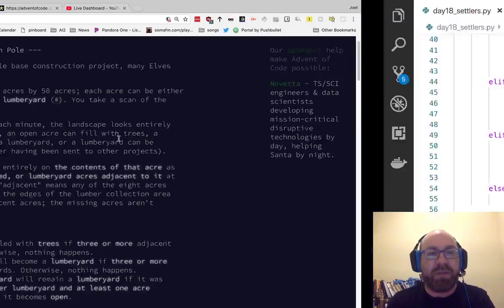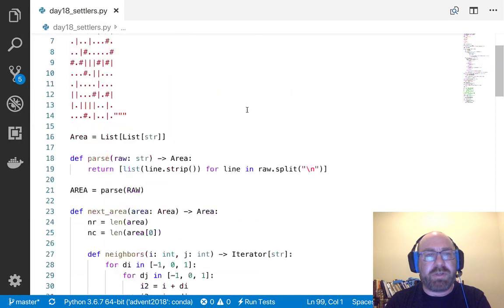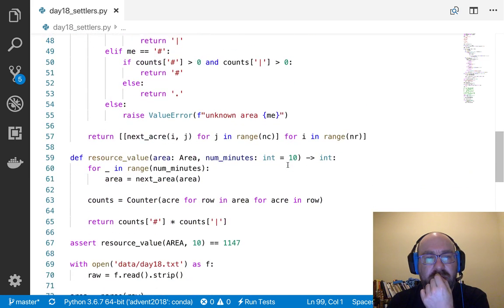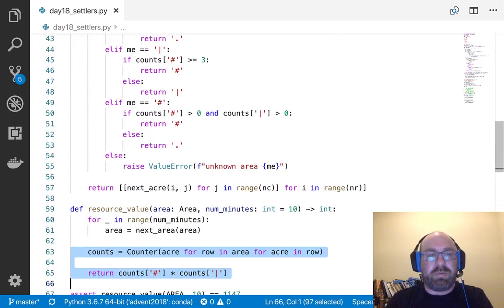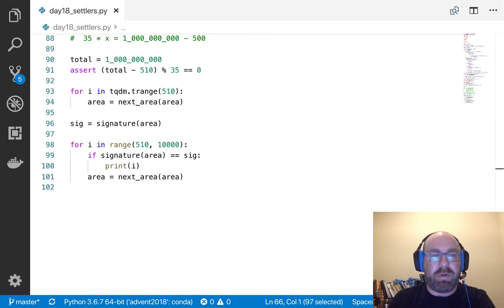The lumber collection area is 50 acres by 50 acres, right? So actually no, I didn't do anything stupid. I thought I hard-coded... I did do something stupid. I need to do resource value.